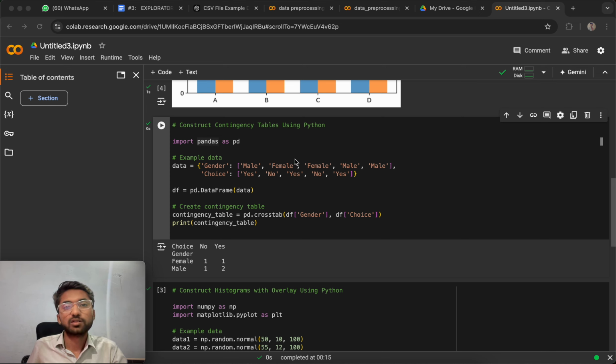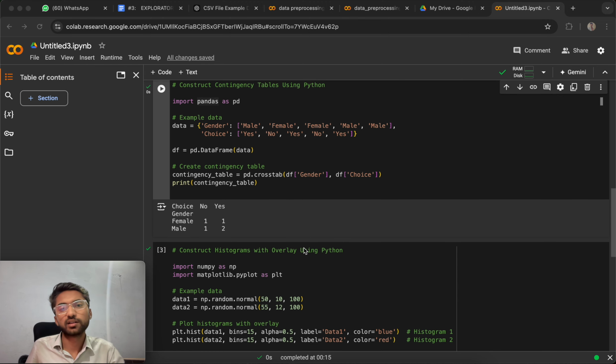Using the contingency table we can show the relationship between the two variables. This is gender and choice: gender contains male and female, and choice is yes or no. So we simply find how many females say yes and how many males say no. By using this contingency table we show the relationship simply.